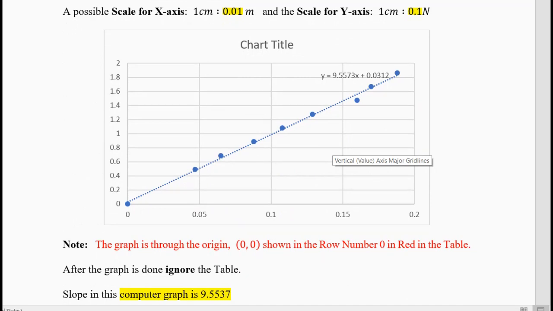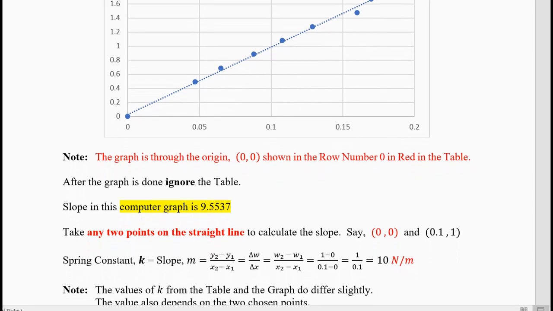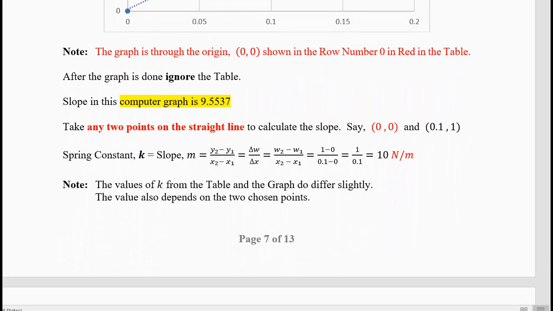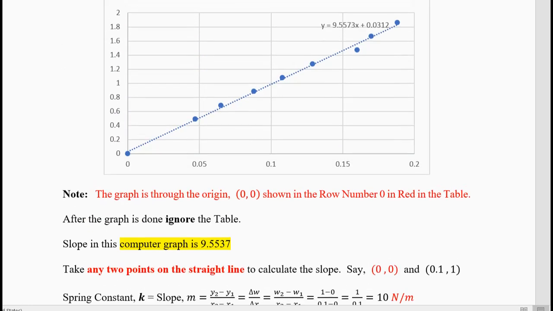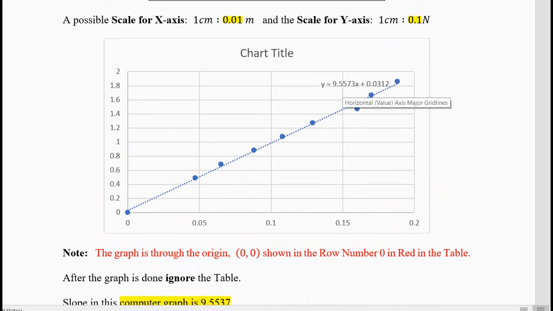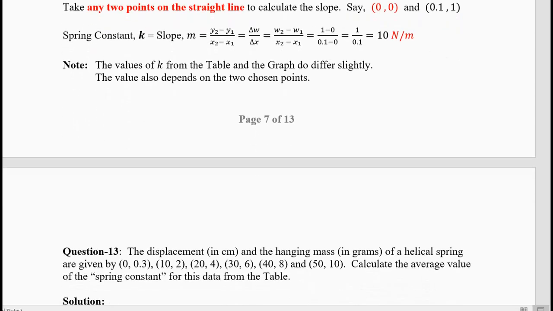The computer graph will exhibit the points, but it is also doing something more which we are not going to do. That's why all the answers are going to look different. They will differ slightly and not much. They got 9.97, you got 10, and the machine got 9.55. All are correct. In the exam, don't get 15 or 20 or 5 or 6. If you get 9.5, 10, 9, 10, 11, anything between 9 and 11 is fine. We allow a 10% margin in the multiple choice answers.